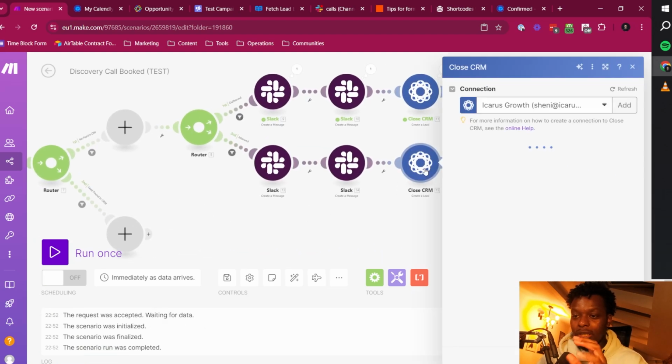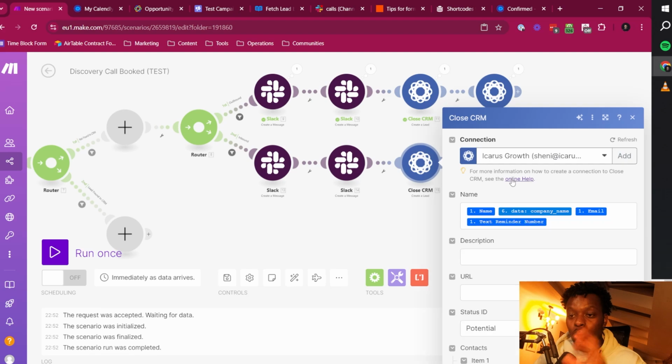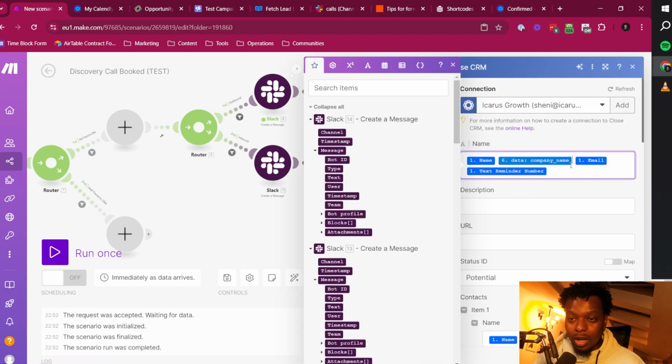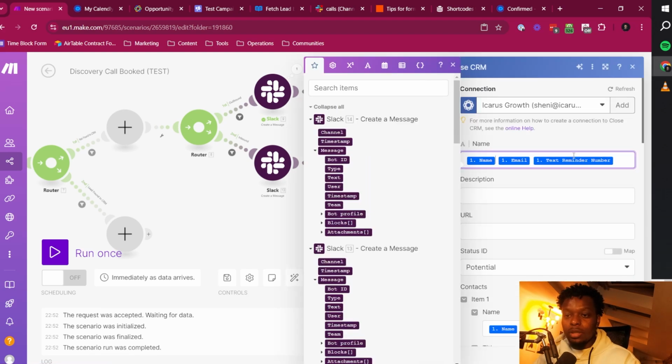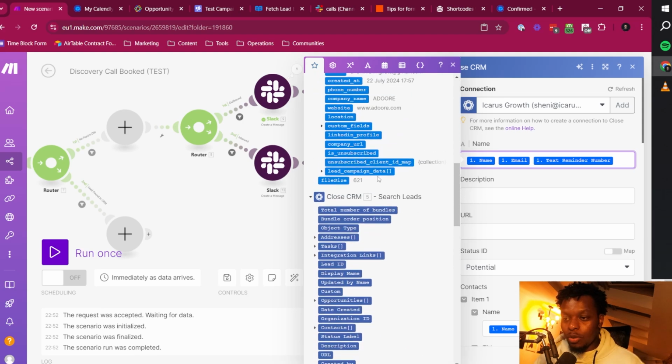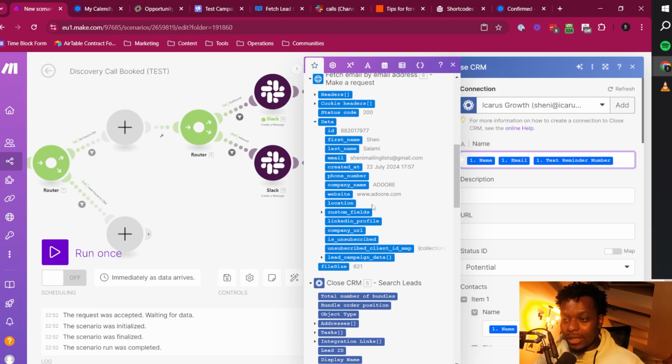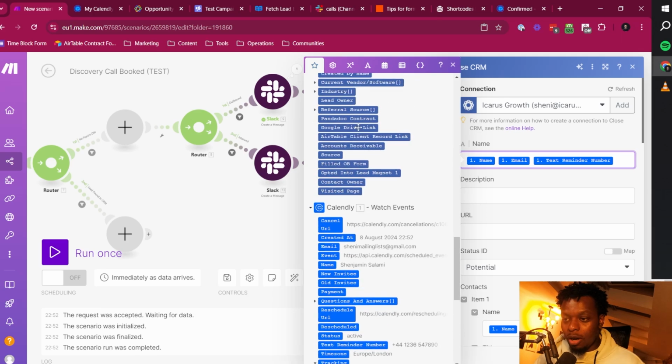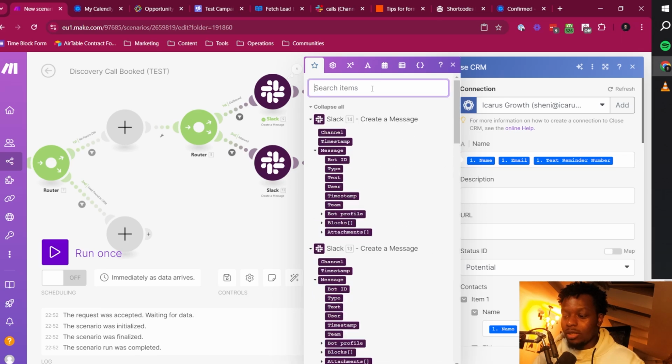We then need to create the lead, and we need to create the lead with information that does not come from Smart Lead. So company name is gone. And website will be the website that comes from the question inside of this part of the Calendly. So if I go to questions and answers,